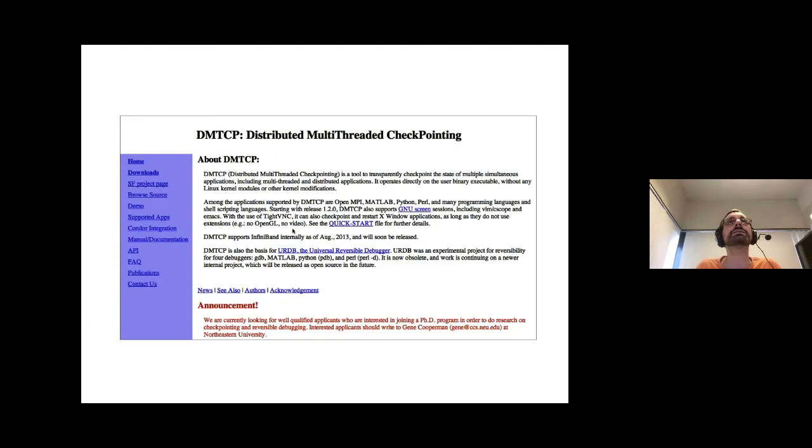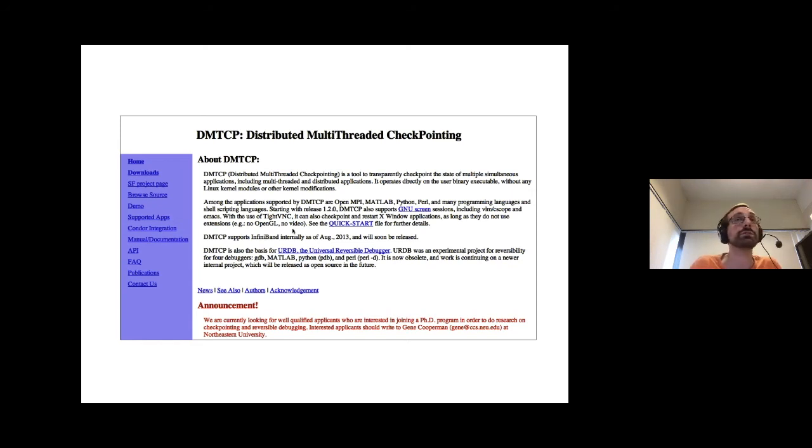For that, there is a program called DMTCP, for Distributed MultiThreaded CheckPointing. It's very useful because it does this conversion. Basically, and I'm oversimplifying a bit, it takes the RAM and dumps it into a file so that you can restart with the same RAM. I'm probably oversimplifying what it's doing, but that should be the same idea in the end. It's of course less efficient than just storing one number as in the checkpoint we did before, because it's going to save the full program. So that's of course much heavier.